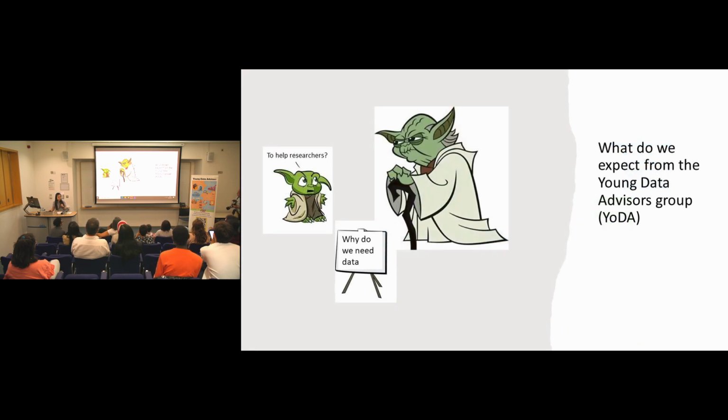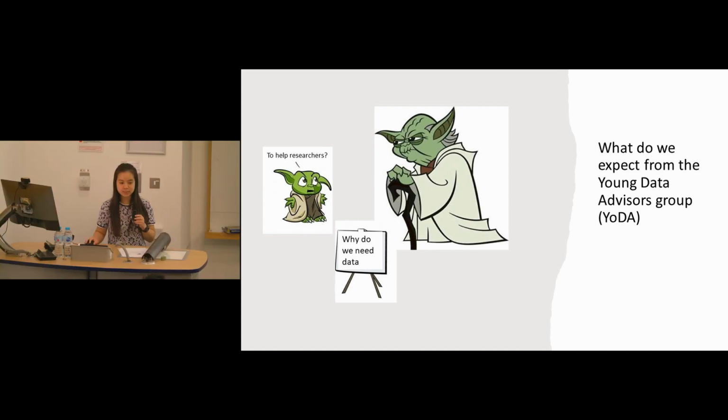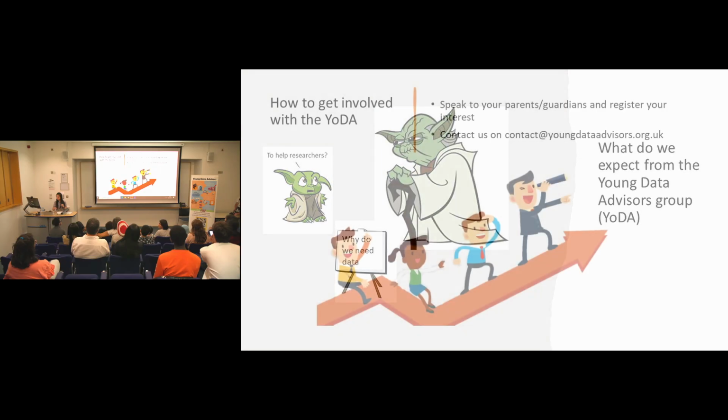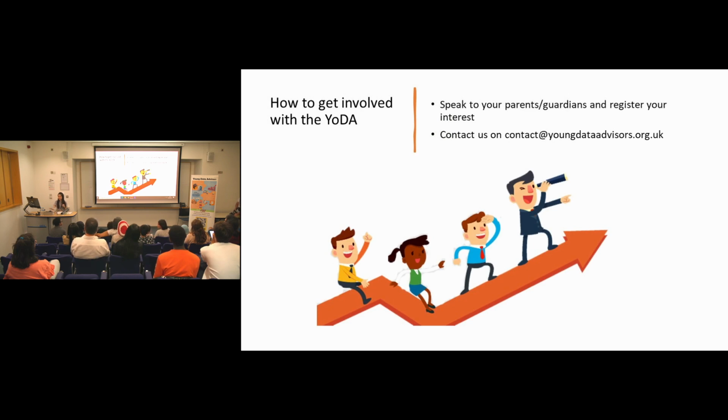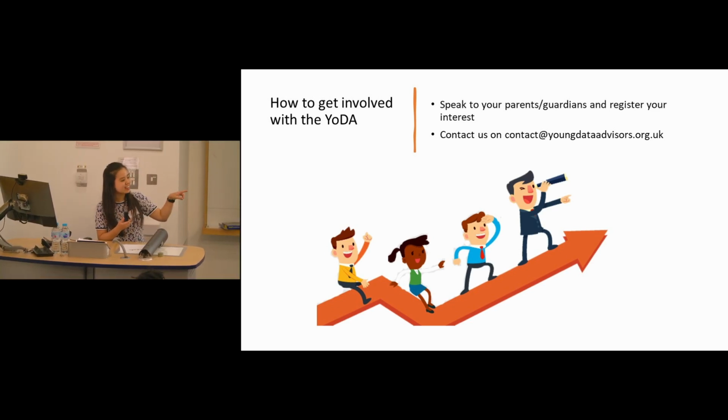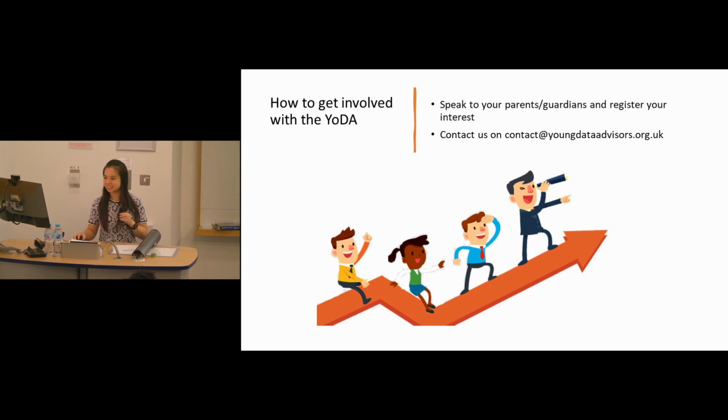So we want to train young people in data use for research so they become an expert group nationally. We also want to help with making sure research questions are beneficial for the young public, and spread knowledge about research and data and what the rights of young people are. So how can you get involved with Yoda, or the Young Data Advisors? You can speak to your parents or guardians and register your interest, or contact us on the email. And there's also some more information in the pamphlets that you've been given and this amazing poster there. Yeah, so